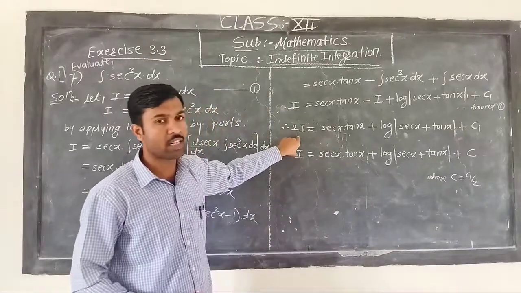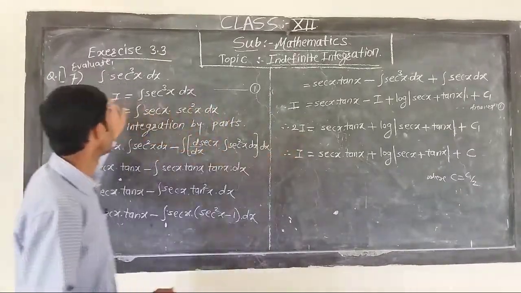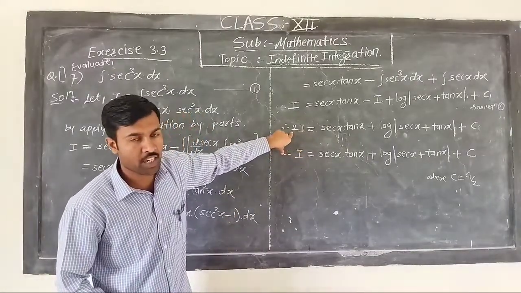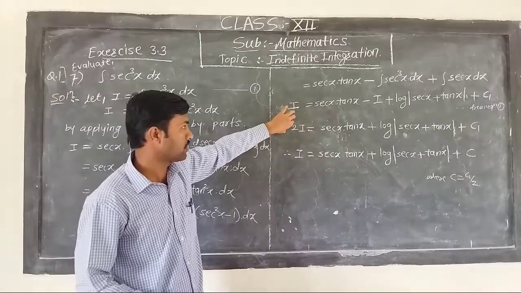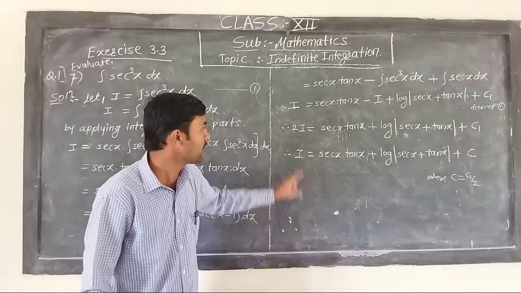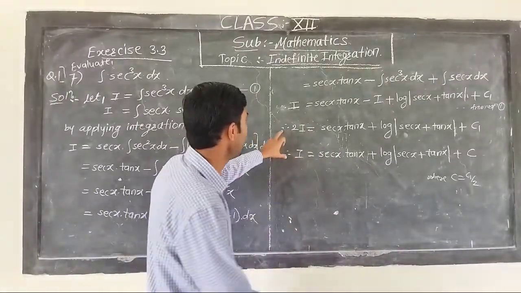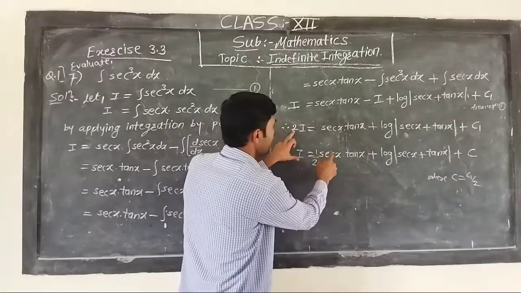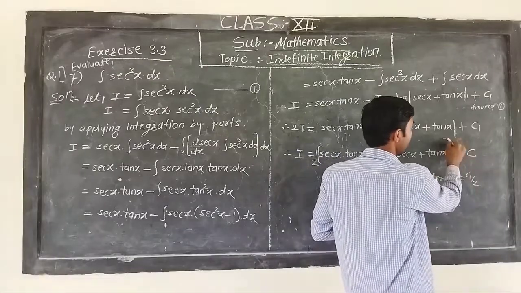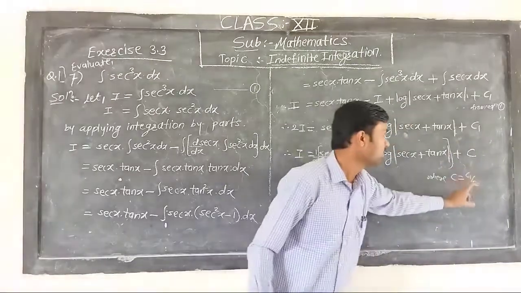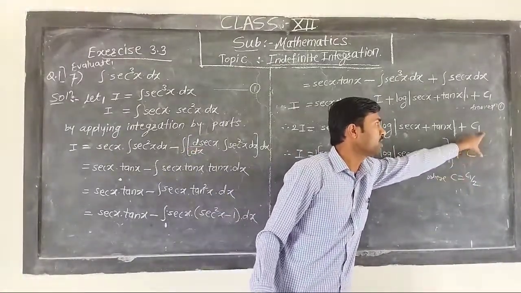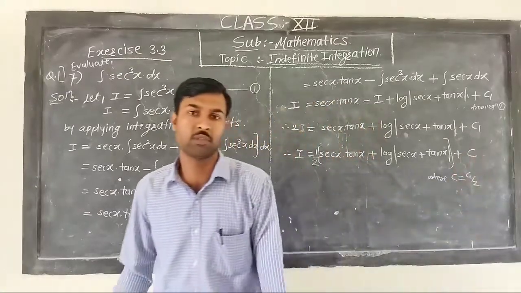Now friends, we have required the answer for I only, that is I is integration of sec cube x dx. So this 2 which is in multiplication with I, if I take out this 2 from here, after dividing both sides by 2, we will get I is equals to 1 upon 2 into sec x into tan x plus log of mod of sec x plus tan x plus c. Here c is c1 upon 2 because after dividing by this 2, this term will be c1 upon 2, which is denoted by capital C now.